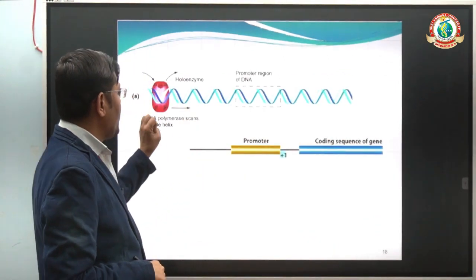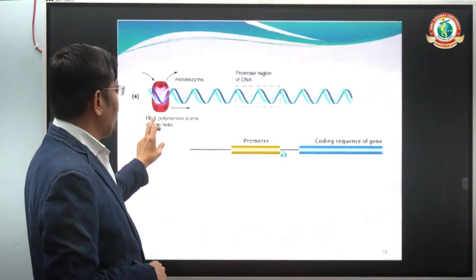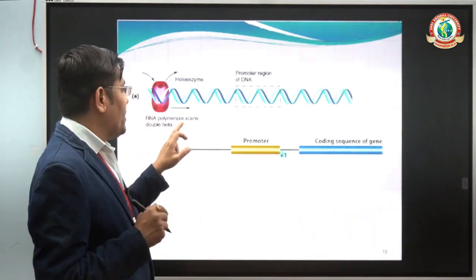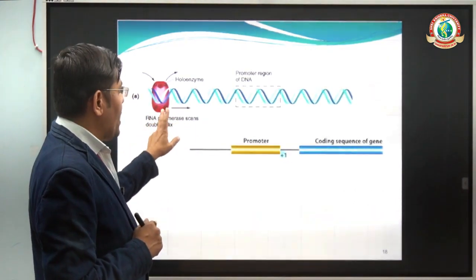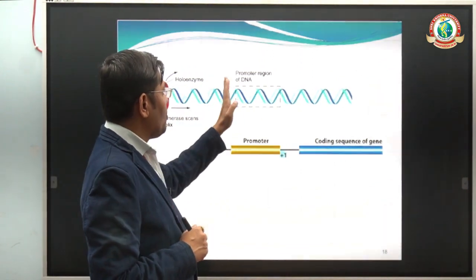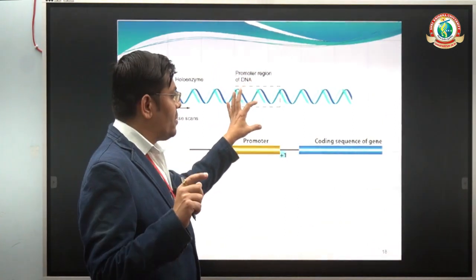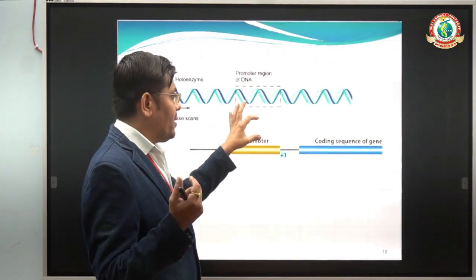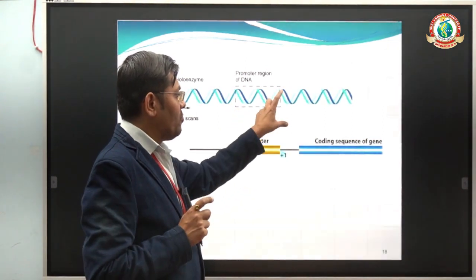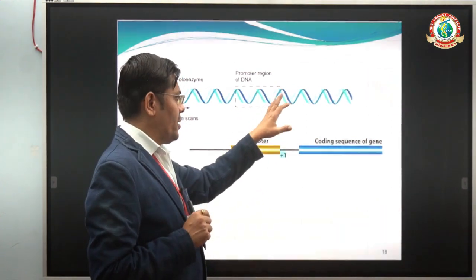So here we can see that the holoenzyme, or the complete RNA polymerase enzyme, scans the double-stranded DNA, out of which one template strand is used. The template strand moves around the promoter region and recognizes the TATA box, where the transcription process gets started. It is the sigma subunit of RNA polymerase which recognizes the TATA box, or -10 box, for the initiation of transcription.